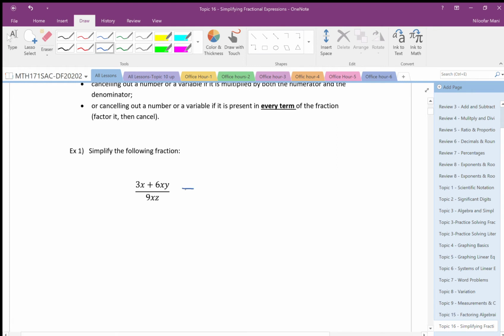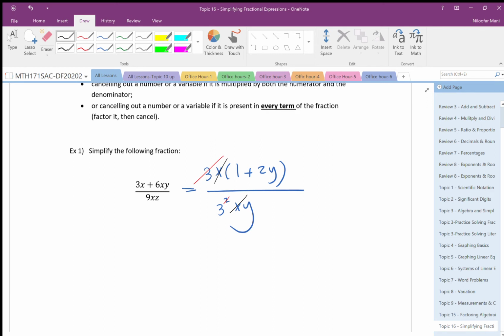So I factor the top. What is in common? 3x. 3x multiplied by 1 plus 2y. How about the bottom? 3 squared xy. Oh, perfect. Can I cancel? Yes. Anything else? No. So the answer is 1 plus 2y divided by 3y. Can I cancel y and y? Oh, 3z, I'm sorry. It must be 3z here. What's wrong with me? So z. So 1 plus 2y over